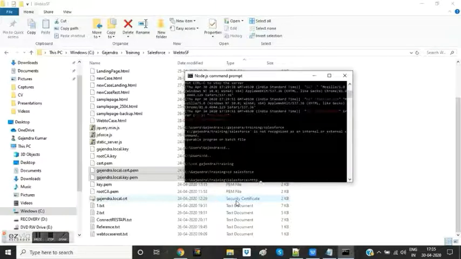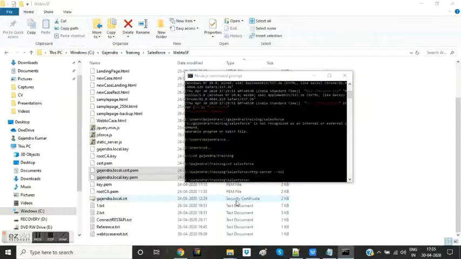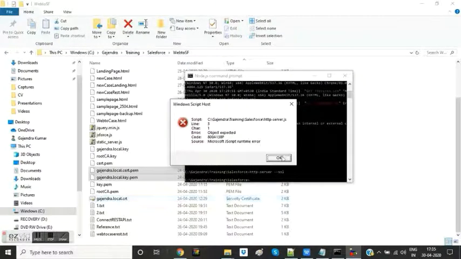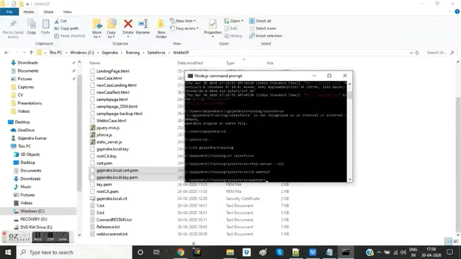Now, the command to start the server in HTTPS mode is http-server -S. If I type it here, let's see if it comes up or not. It will give you an error. So you have to enter the folder where you are keeping your web files, and type that command once again.